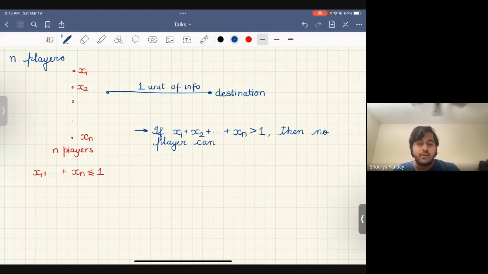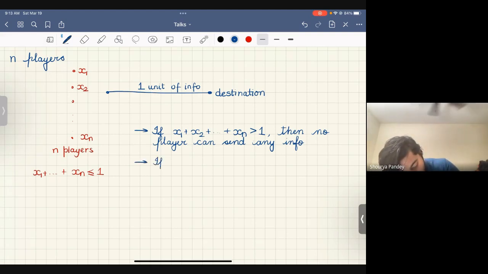It just doesn't work. But if x1 plus x2 plus up to xn is not more than 1, that is, it is less than or equal to 1, then